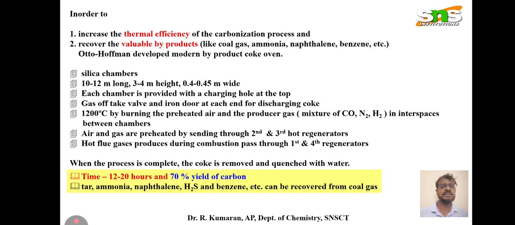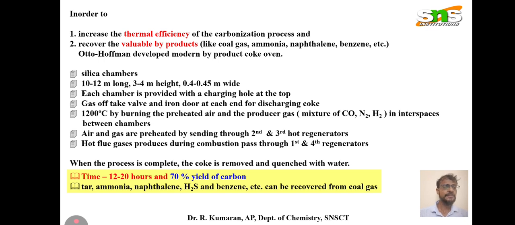The components are silica chambers, which are supposed to supply an equal amount of heat energy. Each is 10 to 12 meters long, 3 to 4 meters high, and 0.45 meter wide. Each chamber is provided with a charging hole at the top, a gas take-off valve, and an iron door at each end for discharging coke. A mixture of CO and H2 is supplied to burn at 1200 degrees centigrade, which in turn gives